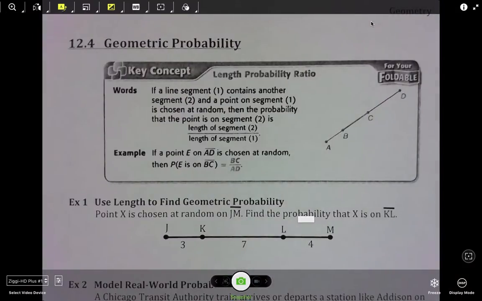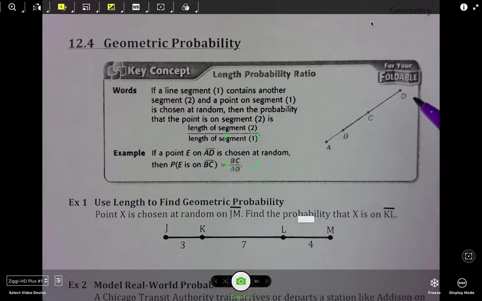Because this is section 12.4, which is geometric probability. It should be a short, pretty easy section for you, but I will give you some formulas and stuff later on the back side of the sheet that will help you out a little bit. So geometric probability starts off with